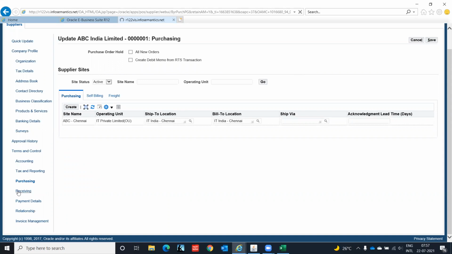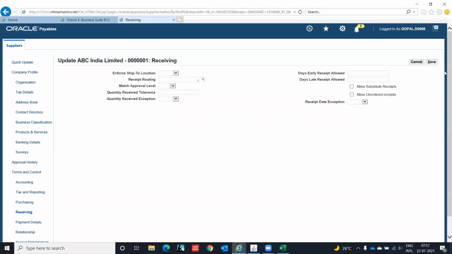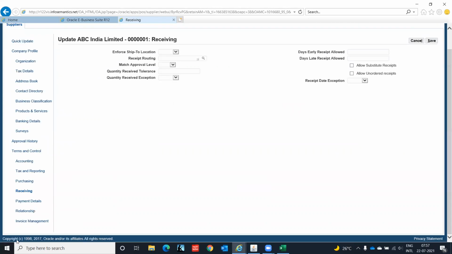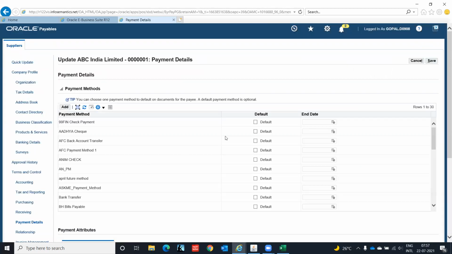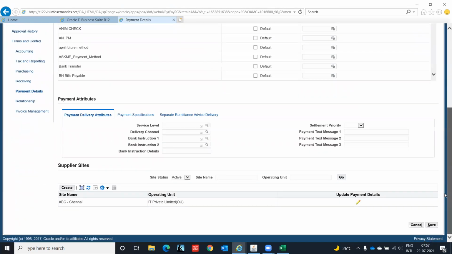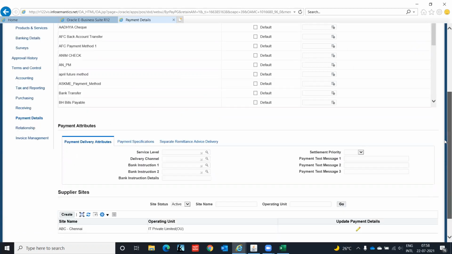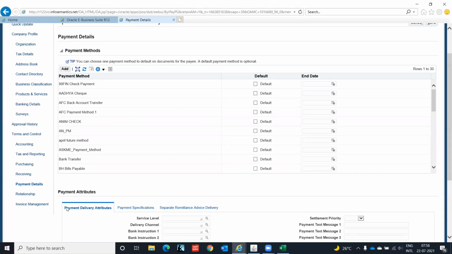Then we can assign the receiving details and payment details: how we want to do the payments to the supplier, payment attribute, payment specification, supplier site level, update the payment. How we want to do the payment to the supplier, by check or by electronic payment. These are the two methods I am going to discuss when we do the payment activity.